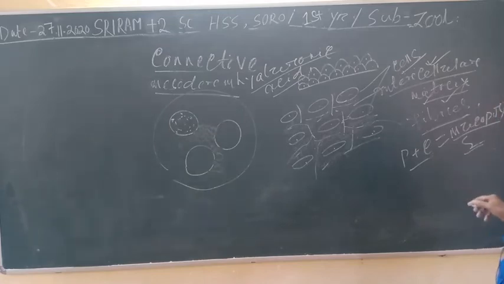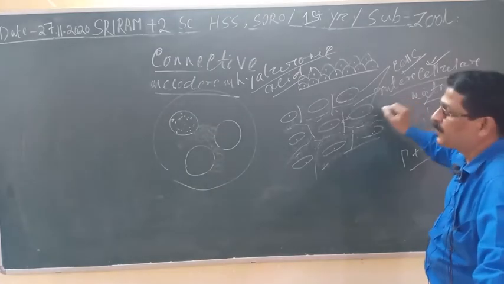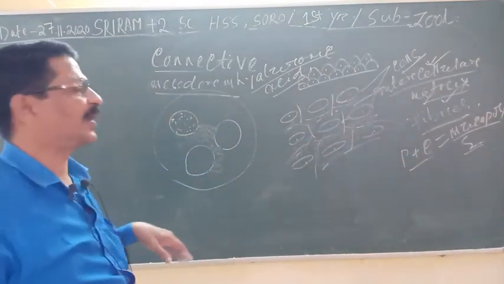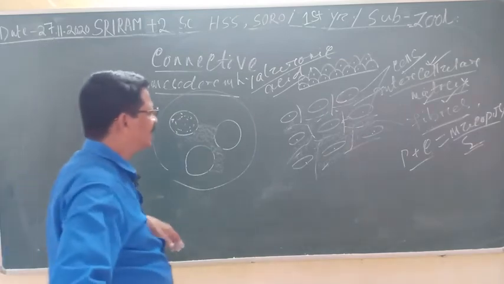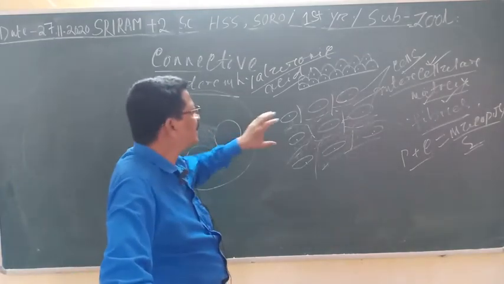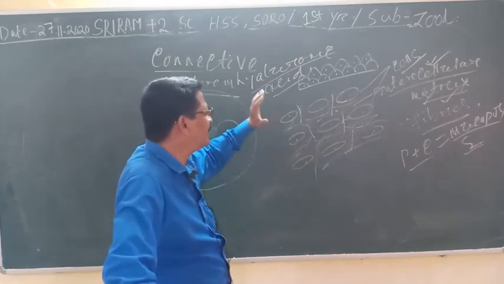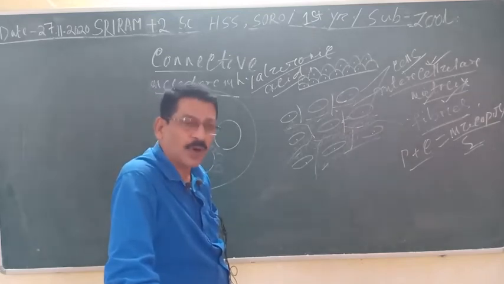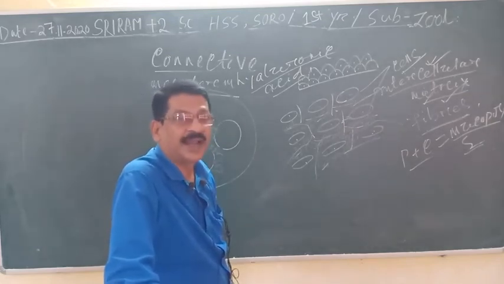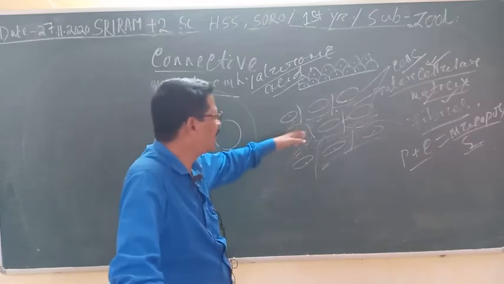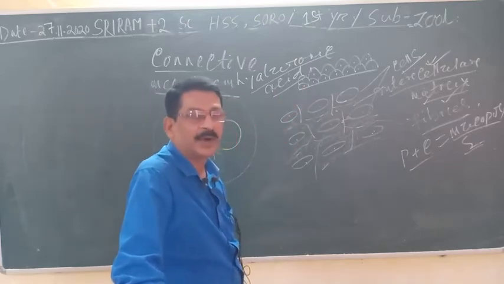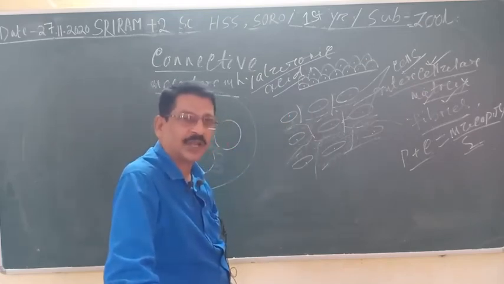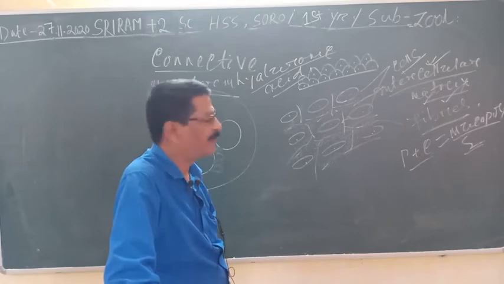So if anyone asks you what the characteristics of a connective tissue are, you will simply say that in connective tissue the cells are present haphazardly and are few, but the matrix is more, or the intercellular space is more, filled with the fluid-like structure called the matrix, and that matrix contains the fibers. These fibers are of three types: white fibers, yellow fibers and reticular fibers. Clear? They are of three types.